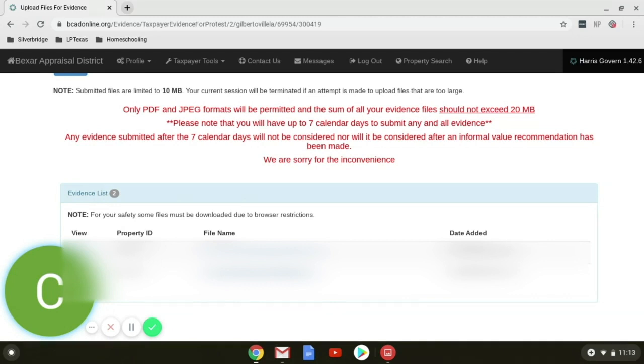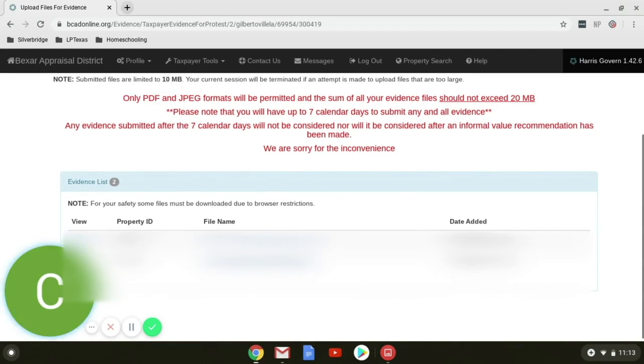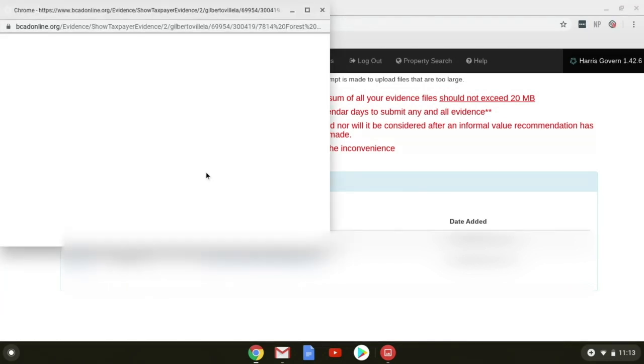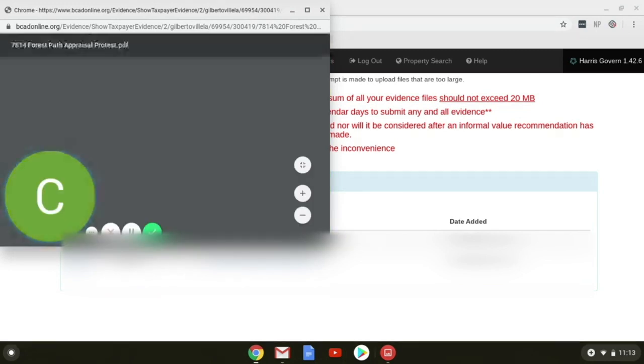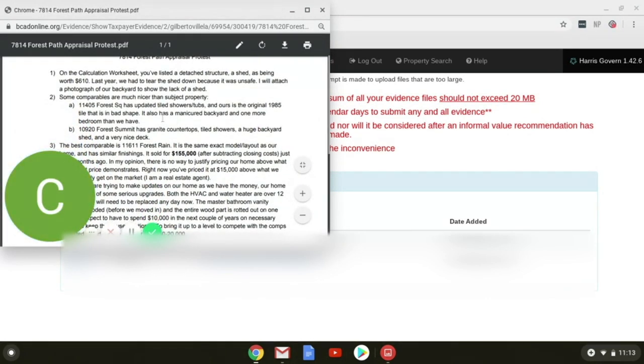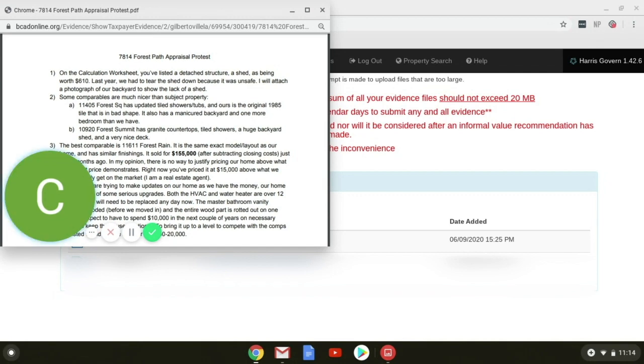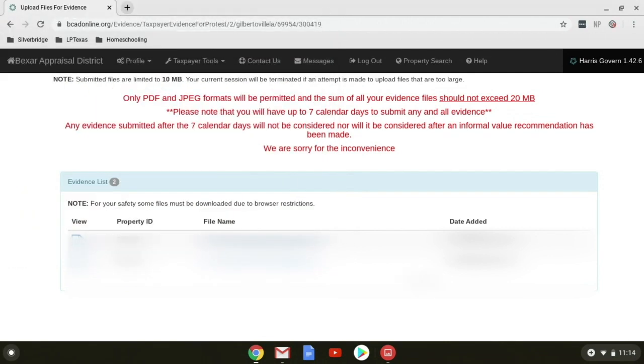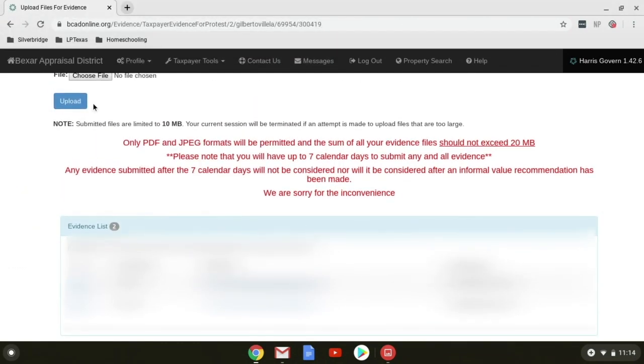All of the things that you said in that PDF, you want to make sure that you provide photo evidence. It can also be really powerful to put some pictures in the PDF. So as I'm making the argument about the comps here, I could actually screenshot some of the comps that are nicer than mine, and then put a comparison picture of my home next to it, just to make an extra argument that they're not actually comparable.